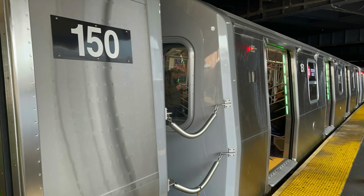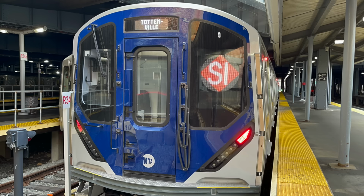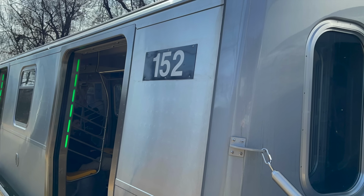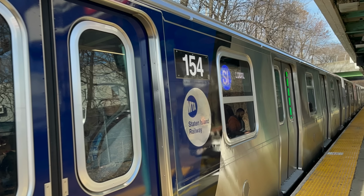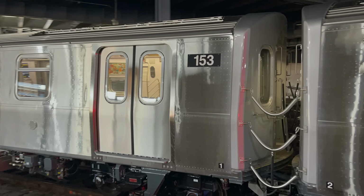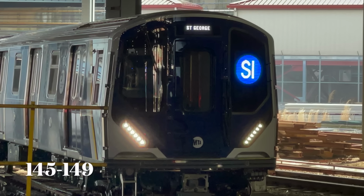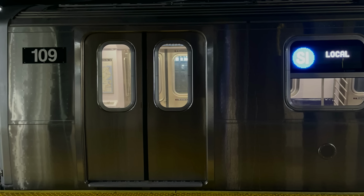150 to 154 was the second production R211S consist to enter service, doing so on March 7, 2025, as the 5:35 p.m. train from St. George to Great Kills. I caught it a week after it entered service, doing so on March 14th, and it still smelled quite fresh and new. 145 to 149, after burn-in testing on March 14th, entered service on March 21st on a night run